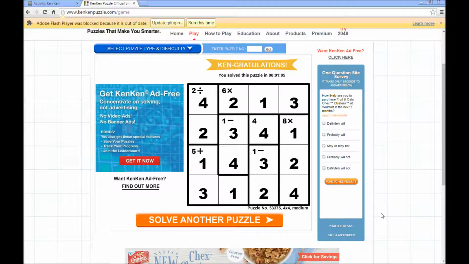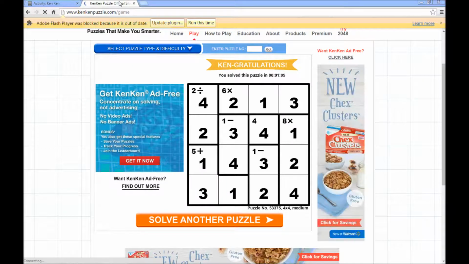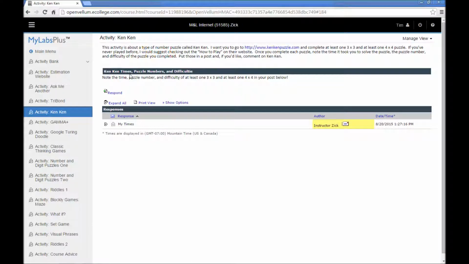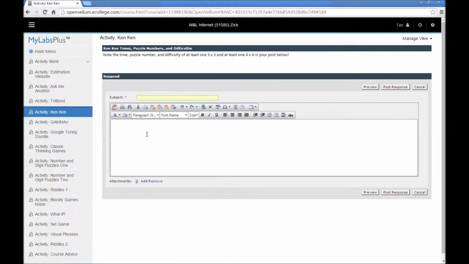Alright, I didn't actually intend to go out here and actually do this whole activity, but I did. So that's an example of an outside one. You go to the place, you do those things that I say, and you note whatever it says that you need to do, put in your post. Then I would just reply to this post, type my name up here, type in those pieces of information that I got, post response, and I'm done with